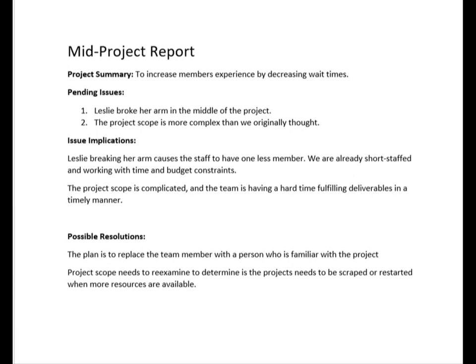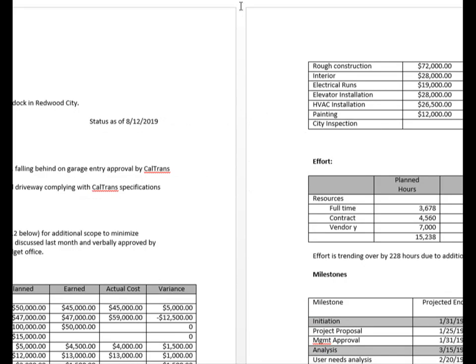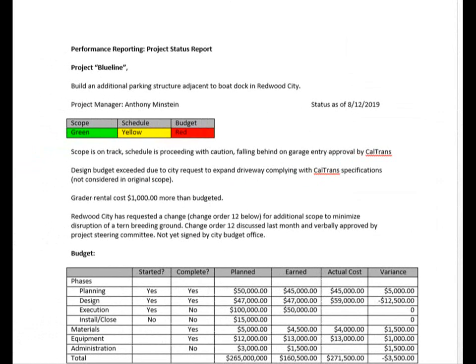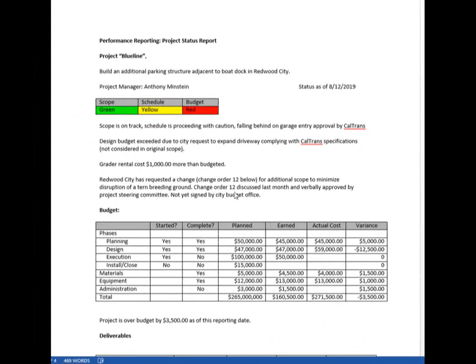Let's look at another example here. Here's a project to build an additional parking structure adjacent to a boat dock in Redwood City. Scope is on track. We've got signals here, traffic signals: green, yellow, red. Scope is good. Schedule is proceeding under caution, and budget is red, meaning we're not in good shape on budget.